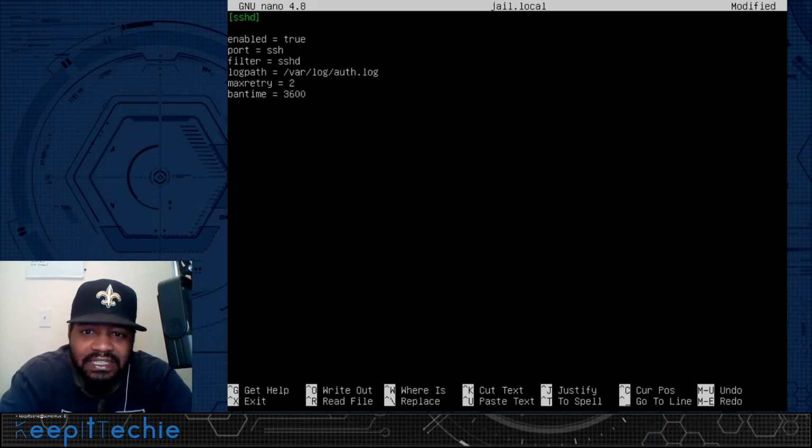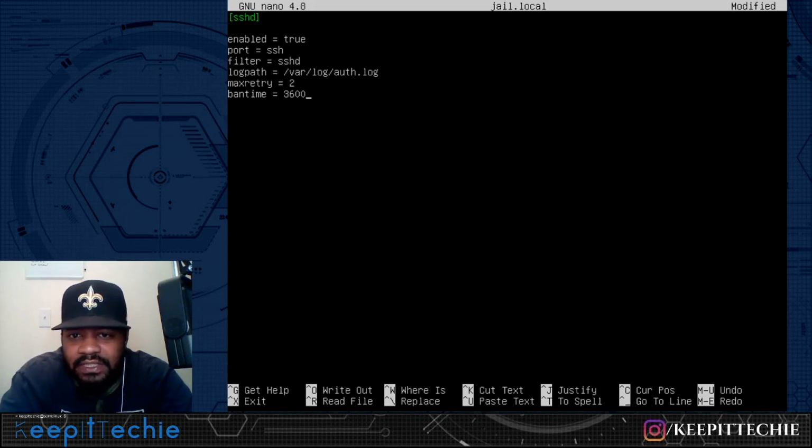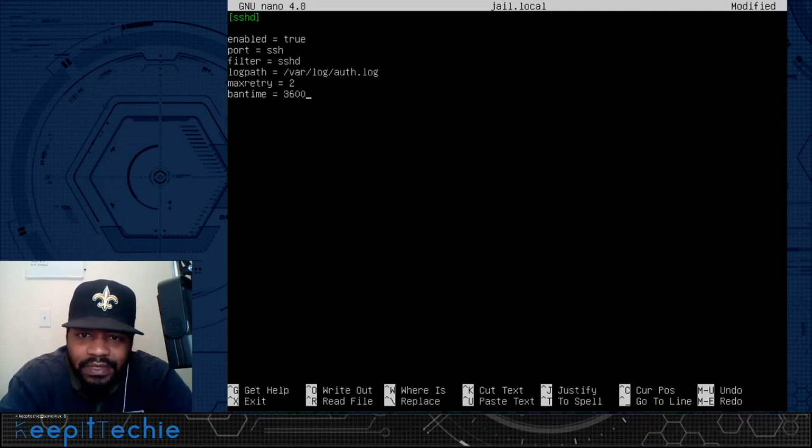So this is just an extra bit of protection that will slow the brute forcers down and frustrate them enough to where they would just go on and stop. But anyway, I'll just leave it at 3600, and that's pretty much all we have to do to configure SSH